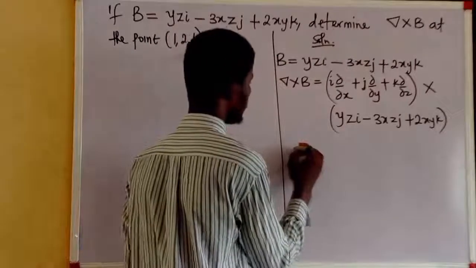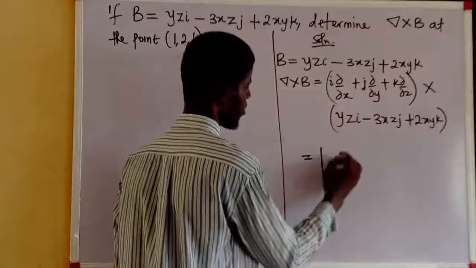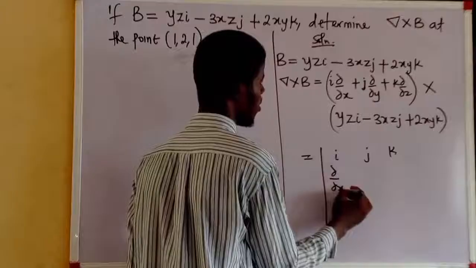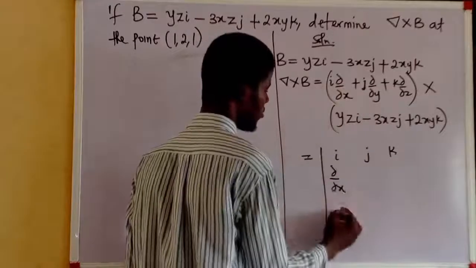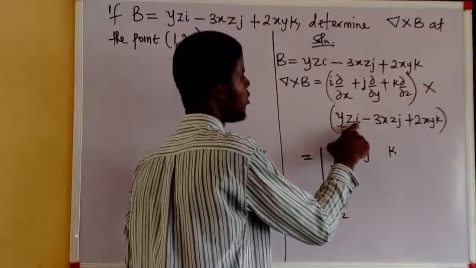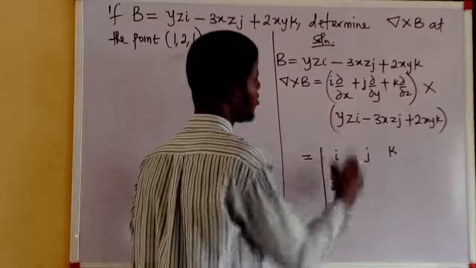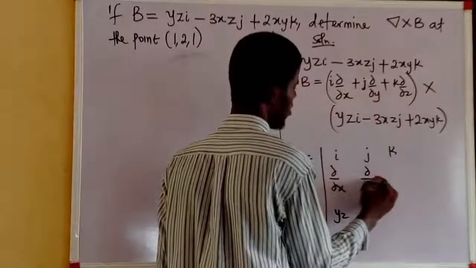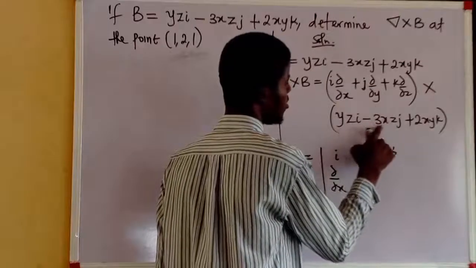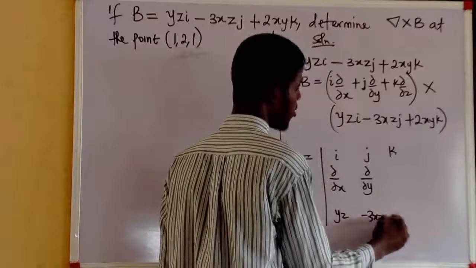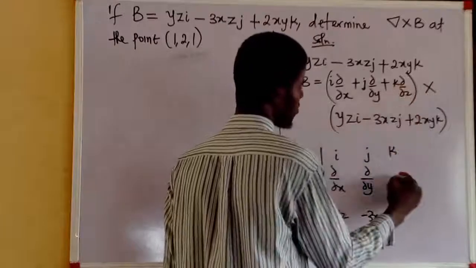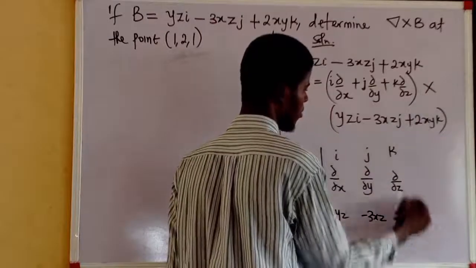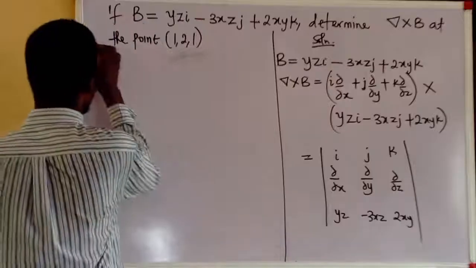Okay, so we have i, j, k. This is partial x for i, and we have yz here. This is the coefficient of i here. So for j, it is partial y here, and here it is minus 3xz. For k, it is partial z, and here it is 2xy. Evaluating these determinants, we have